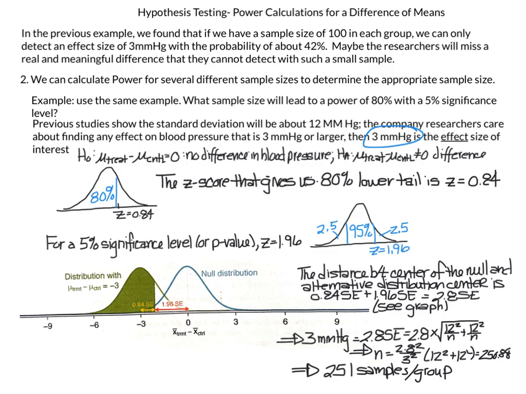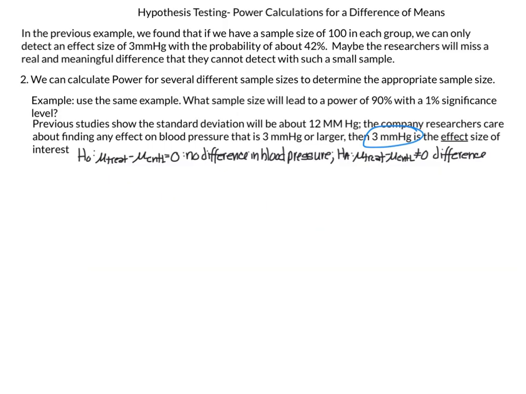We solve, and that gives us n of 250.88. So our sample size needs to be 251 samples per group. We're going to do one more calculation like this, but now we're going to look at a power of 90%